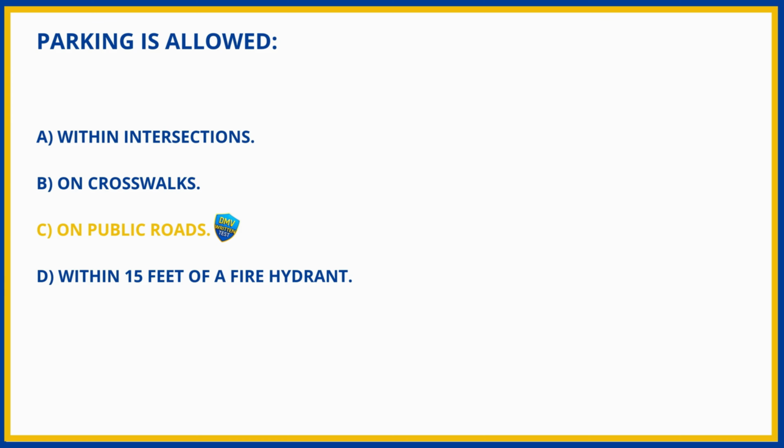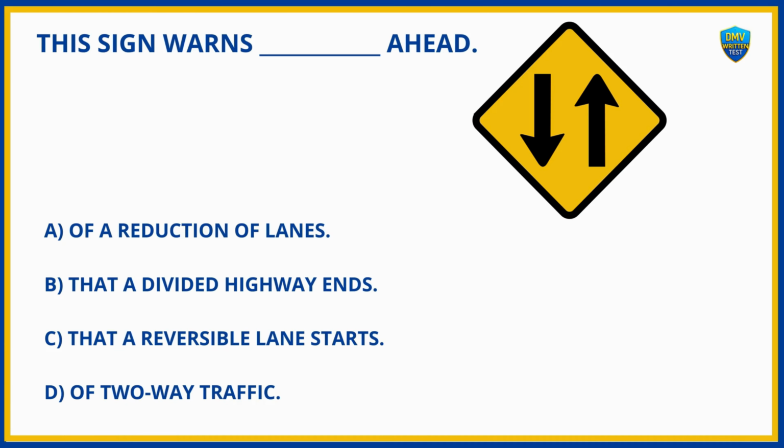C. On public roads. This sign warns ahead. A. Of a reduction of lanes. B. That a divided highway ends. C. That a reversible lane starts. D. Of two-way traffic. And the answer is